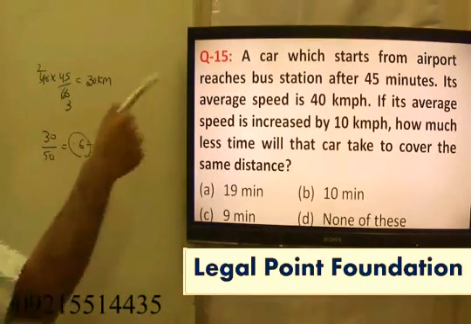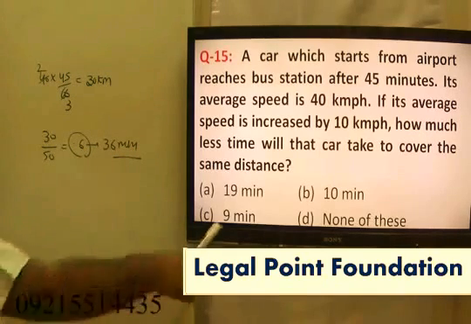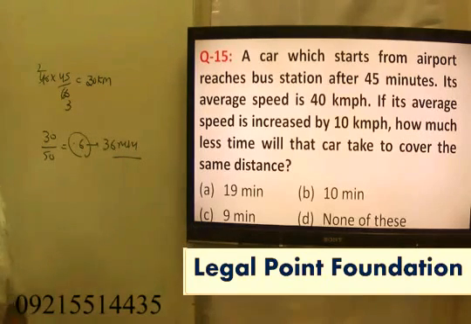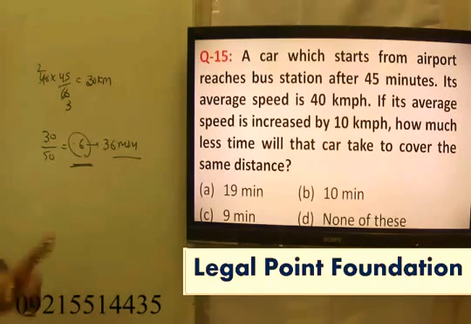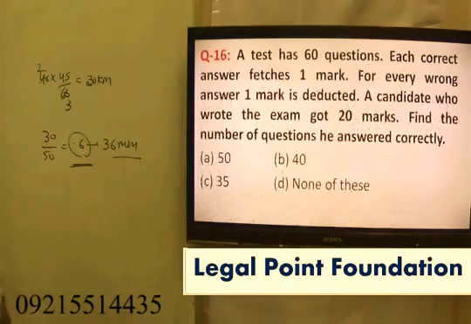ठीक है, पहले कितना मिनट लिया? 45. अब कितना लिया? 36. कितना कम लिया? 9. आंसर इज टू बी सी. अगेन पे अटेंशन हियर, डोंट कमिट मिस्टेक हियर. 0.6 इज ऑलवेज इक्वल टू 36 मिनट्स. हम गलत कर जाते हैं, वी टेक इट एज 60 मिनट्स, दैट मेक्स माय आंसर रॉन्ग.